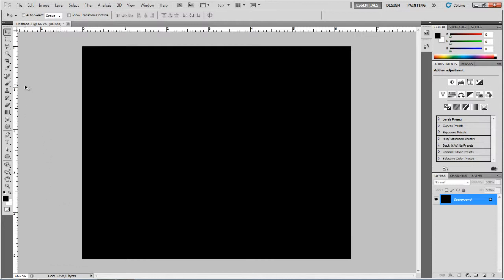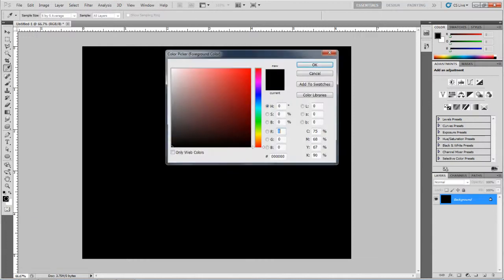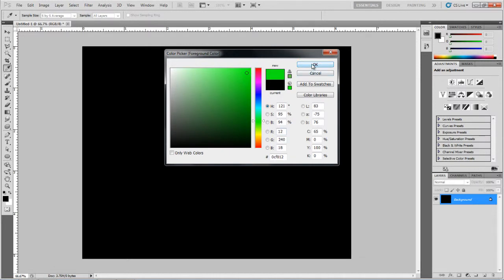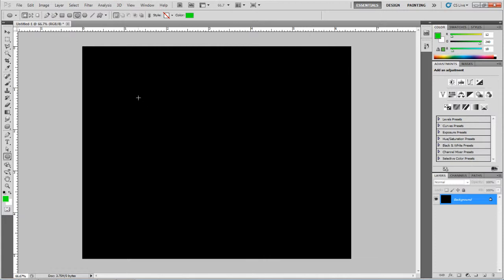I'm going to add a shape, and the first shape is going to be using the ellipse tool. I need to select a color. I'll start with the green. Click OK. And I'm just going to click and drag. If I hold the Shift key, I'll create a nice perfect circle. If I hold the Alt key, it's going to scale from the center point. Let go of the mouse, let go of the keyboard,